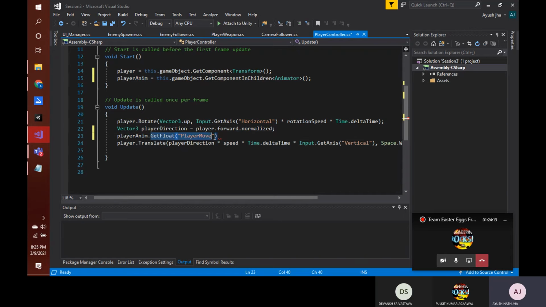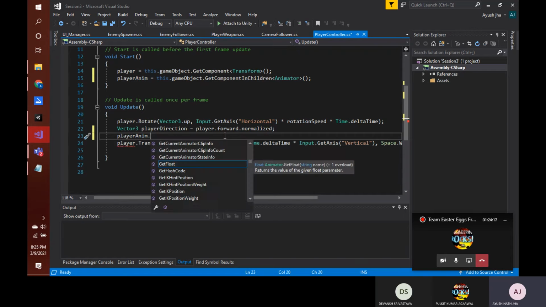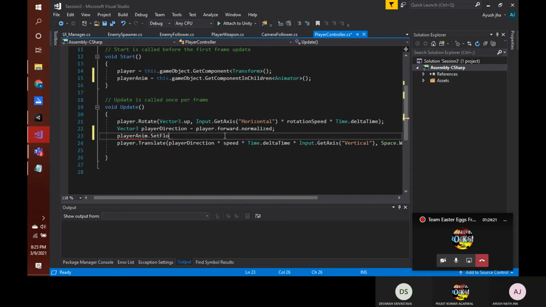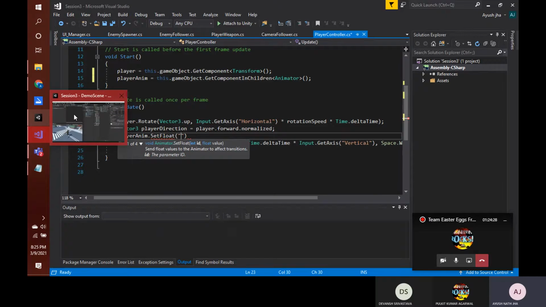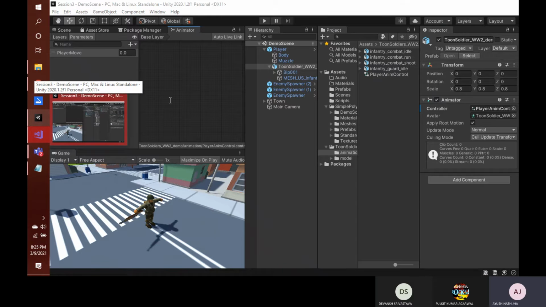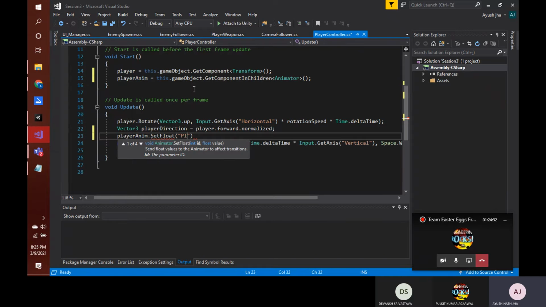Oh, sorry, not get float. Get float will give us the value, but we need to set the value. Okay, so player anim dot set float, and here we have to write the name of that variable, the name of that parameter. It is player move. So take care of the cases, player move,